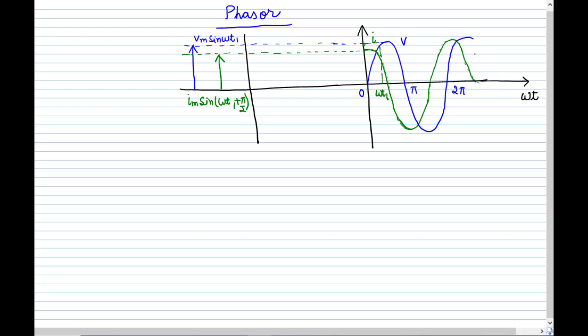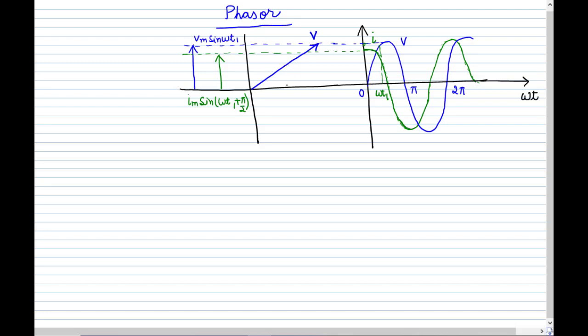Just draw the cycle for the voltage, then see the phase difference, draw the cycle for the current, then take the maximum amplitude and draw the vectors for voltage and current. And now we have to draw the rotating vectors, that is the phasor. So we first draw the voltage. We draw it like this because it's a rotating vector, and we write it down as capital V.